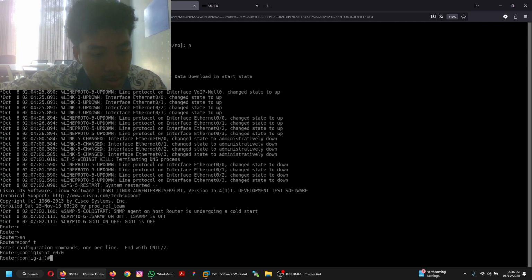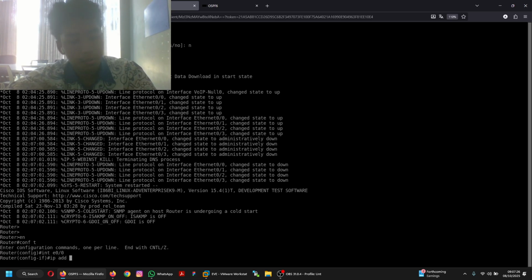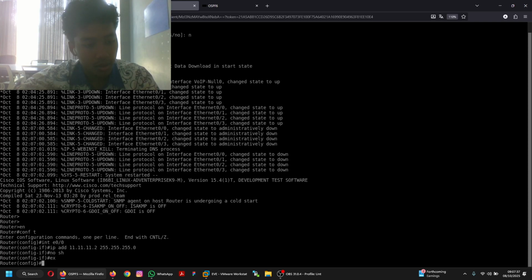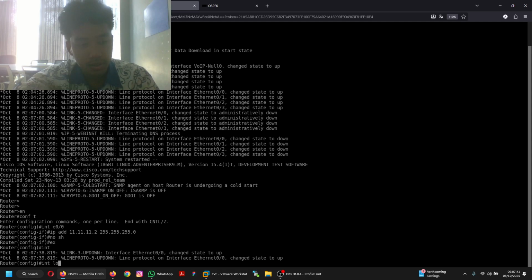Interface 0/0 first, and then we can add the IP. They have to be the same. Shutdown, and interface Lo0.